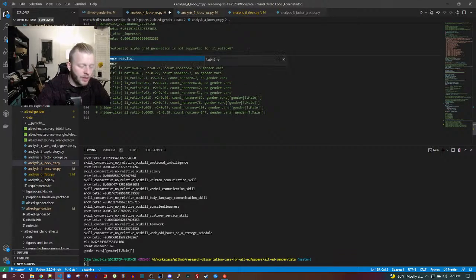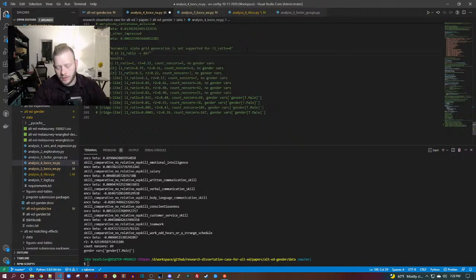So here's the note: .015 L1 ratio, 69 out of